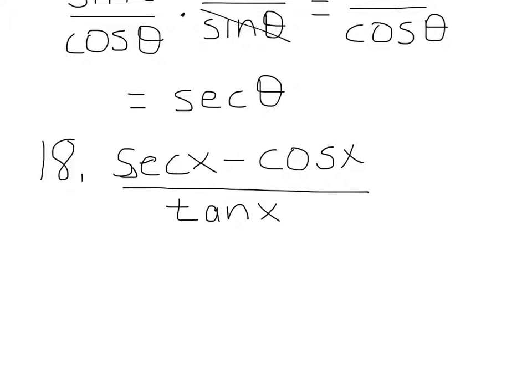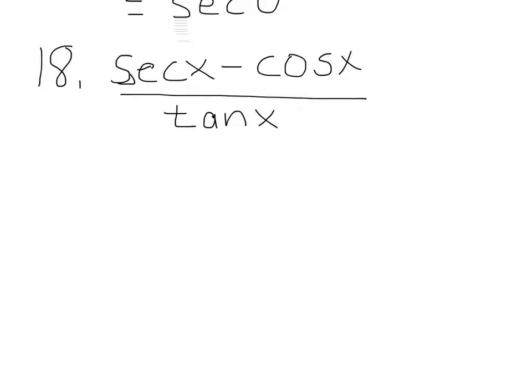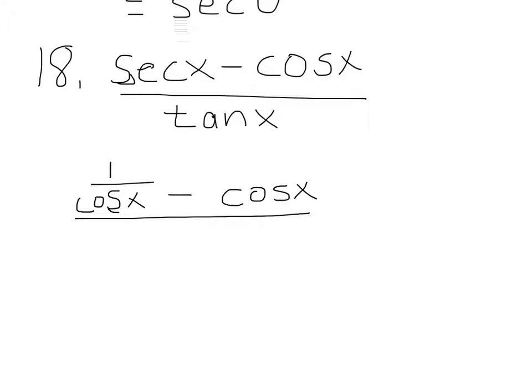So first thing I'm going to do is to rewrite each one in terms of sine and cosine. Give myself a little room here. So secant is 1 over cosine, minus cosine, divided by sine of x over